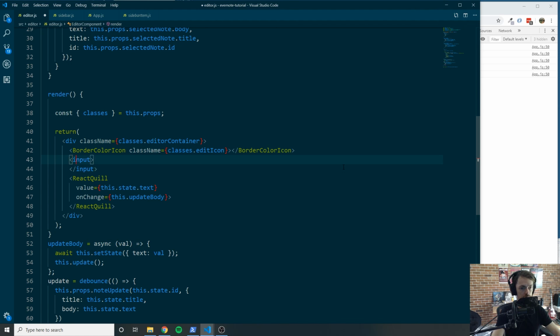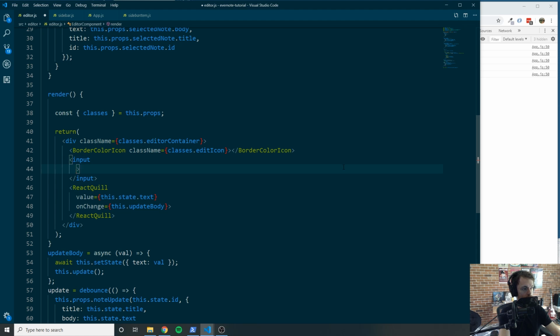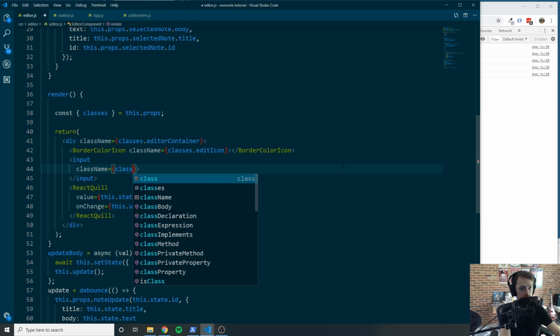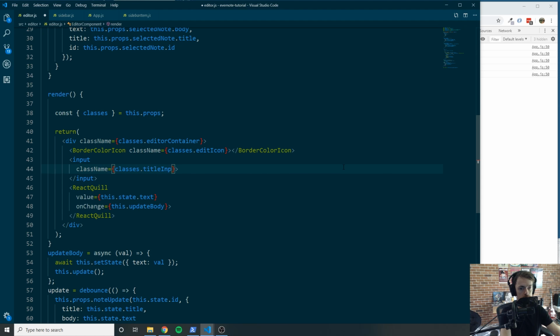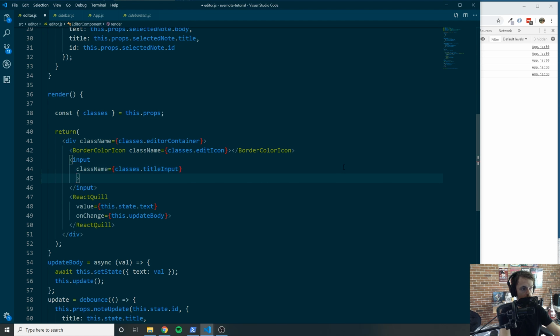And inside of the opening tag, we'll add some props here, or not really props, since this is a standard HTML element, but you get what I'm saying. So class name, classes.titleInput, and then underneath that, we'll have a placeholder, which will be a plain string, and we'll say note title,